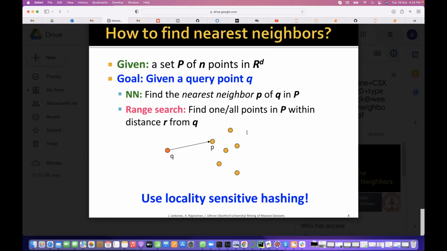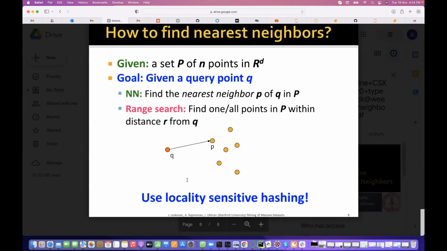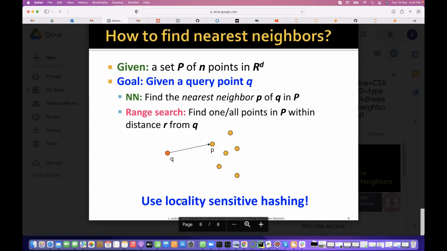You have to calculate the distance between that point and all the other points in the data set. In each prediction, if you have a billion points, then a billion distances you need to find out, right? Which is not practically possible. For that, a simple solution is, instead of taking k, you can take a distance. Within this distance, whatever is there, I consider them as nearest neighbors. Then do whatever dominant class or regression. Or use locality sensitive hashing, I am simply giving this idea and closing this.